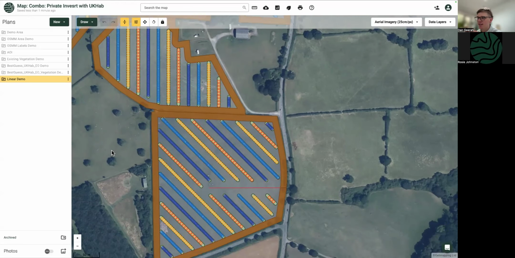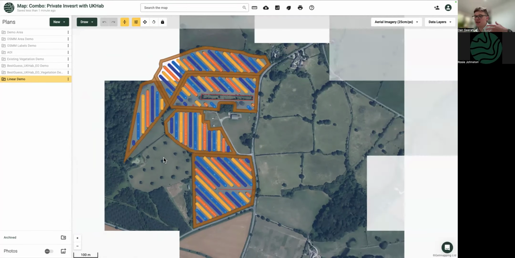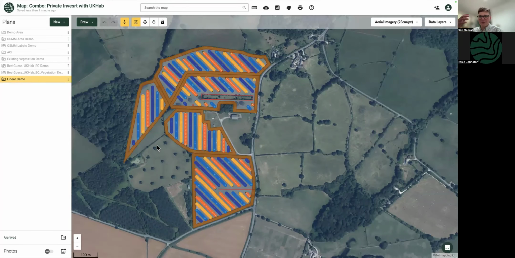And why it's done that is a number of reasons. It's probably because it's on quite flat land. So actually slope's not being considered here. When you're on a big hill, we recommend going along the contour lines to try and stop as much of the runoff as possible. But it will be optimizing for getting as many trees in as possible. So this is a hypothetical design. You can rerun it and put in different scenarios, different fields to get different designs.